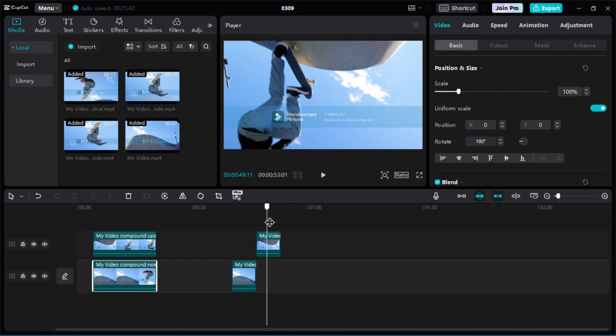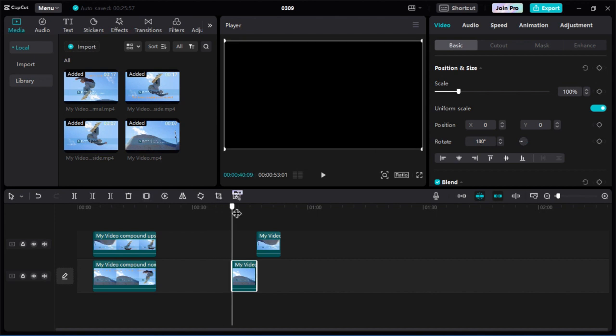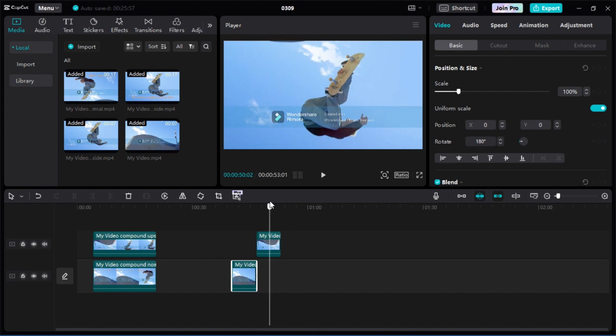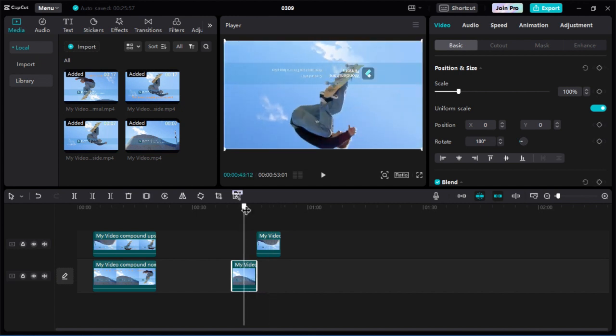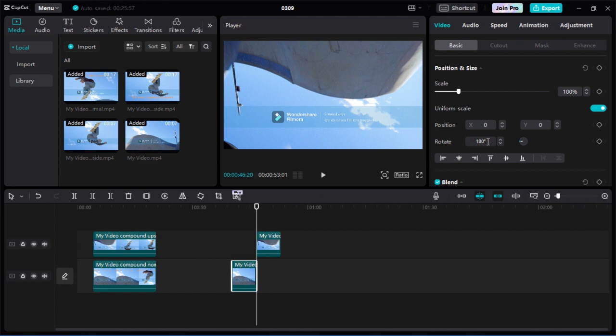You can see this one is upside down. So what we're going to do right now is rotate this one to 180. Okay, so sorry,